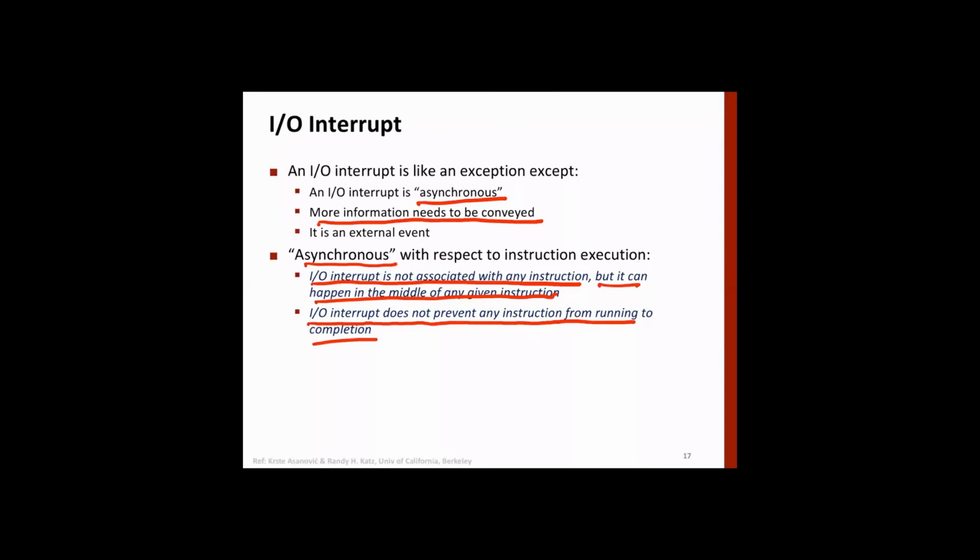Whenever it happens, the current state of the process in execution is saved, like we have seen in the case of the jump and link instruction. Then control goes to the function being called, in this case the interrupt handler. The interrupt handler will process the request based on what the request is, and when the execution is over, the OS will pass control back to the same process that was in execution. In order to do so, it will restore the state of the process, meaning the registers will be restored from the stack.